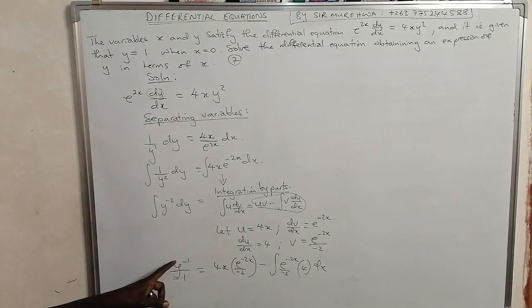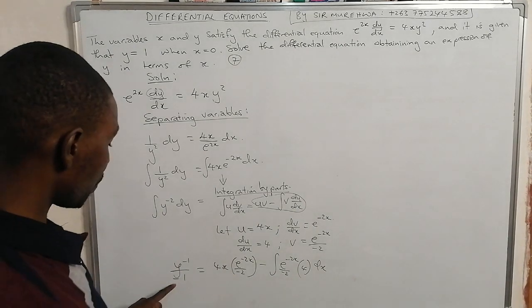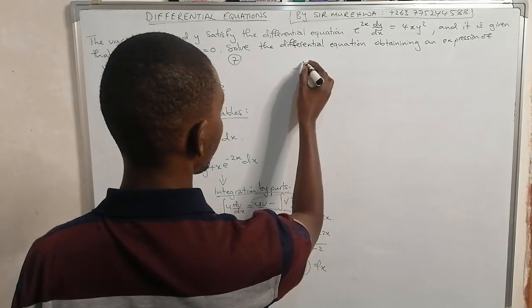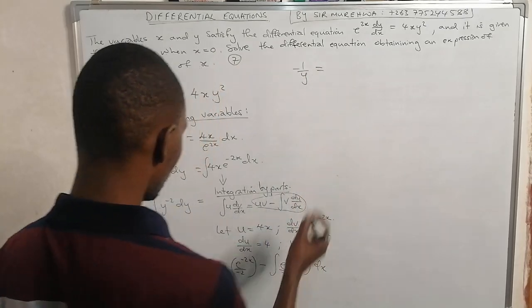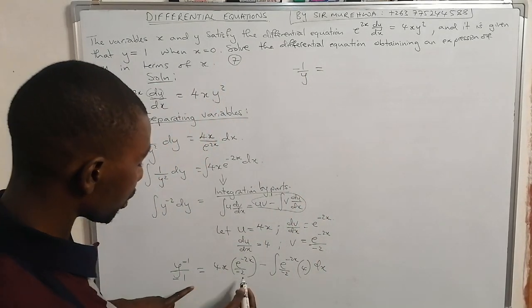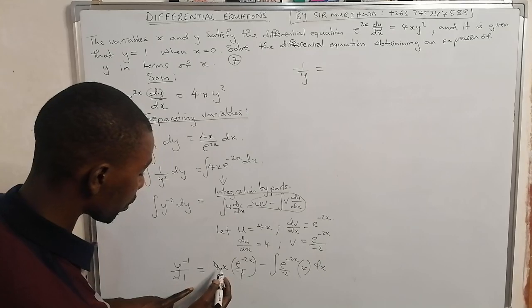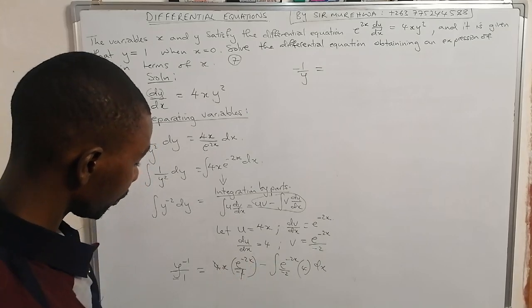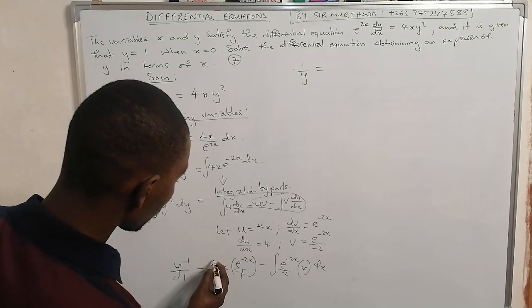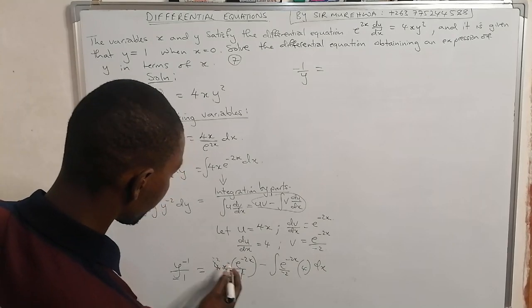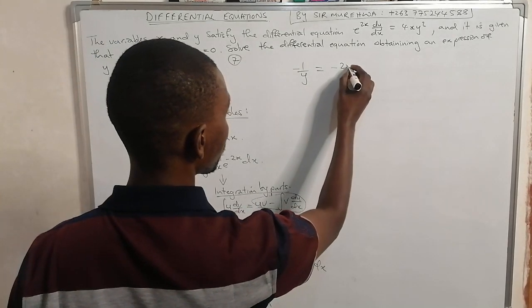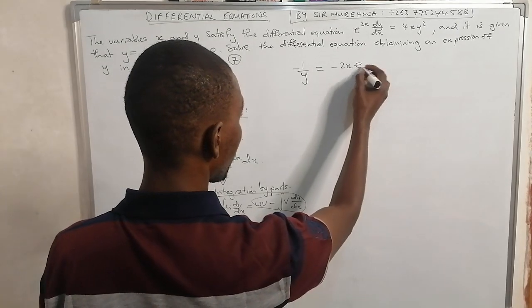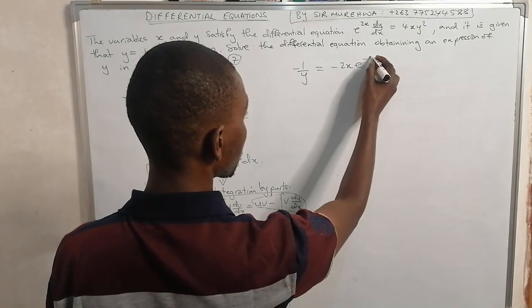So this can be written as negative 1 over y is equal to negative 2x e to the power negative 2x, minus